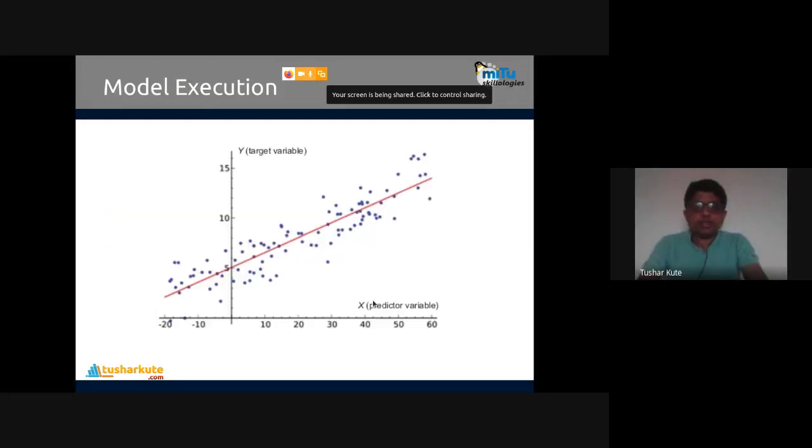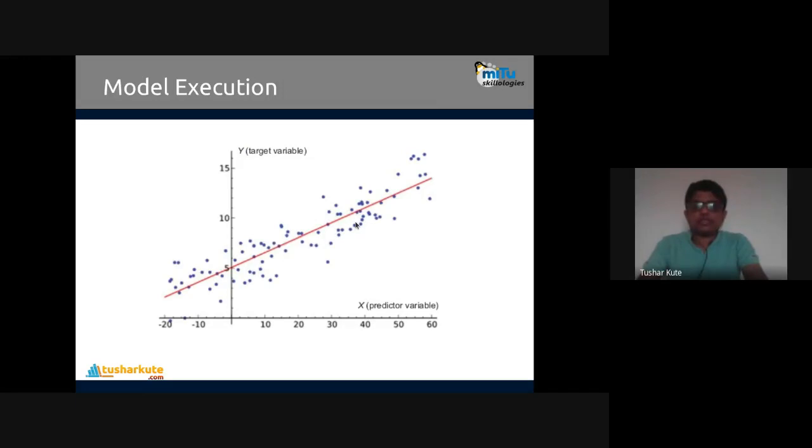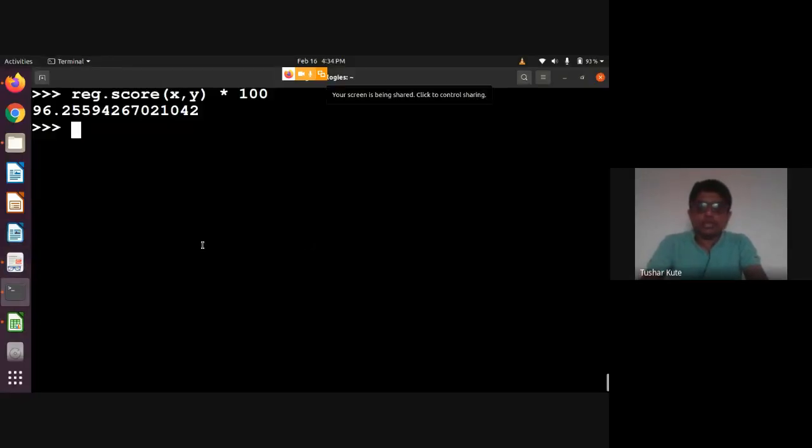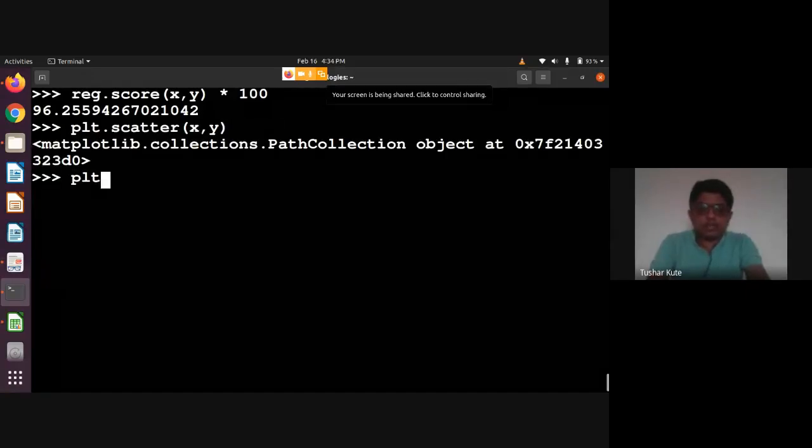Let's see how the model is actually created. Using plt.scatter and plt.plot, we show the original data and the predicted data according to the formula. Let's predict on x and change the color.